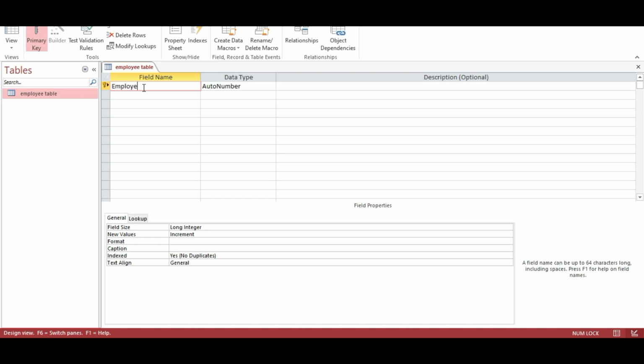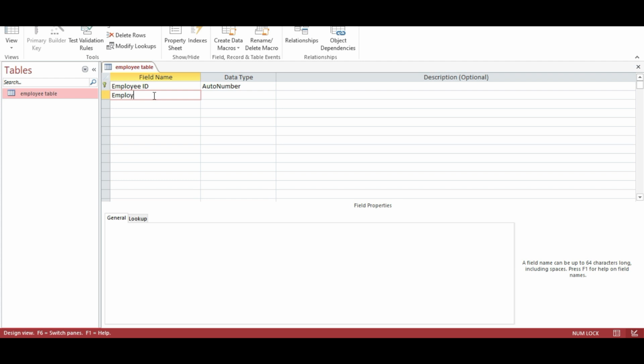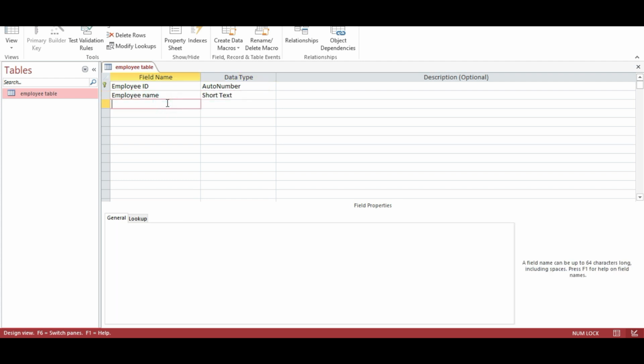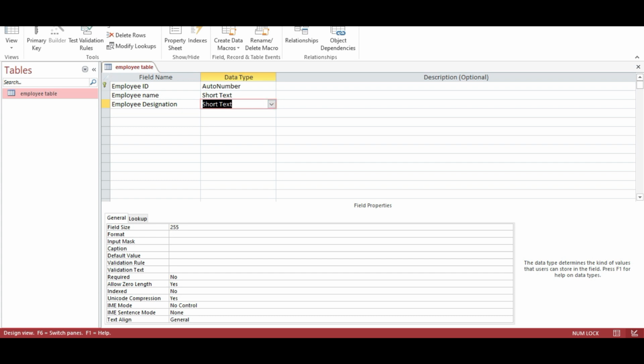From here I will select employee ID, and here you can see that it shows a key icon. So basically in a database you have to specify a primary key. A primary key is a unique key that uniquely identifies all your records. So for employee ID I will select the data type auto number, then employee name will be short text, employee designation will be short text,